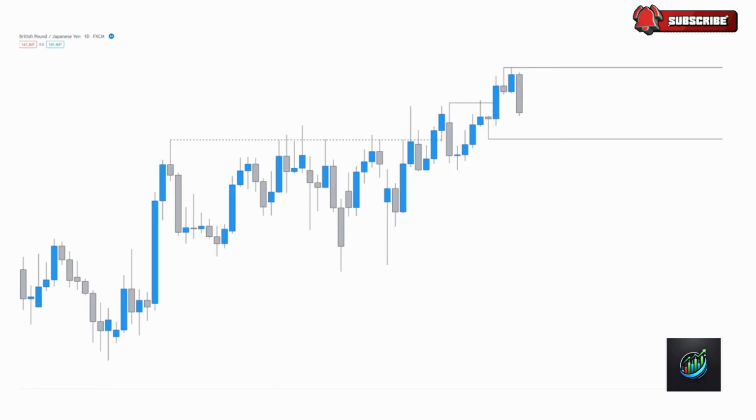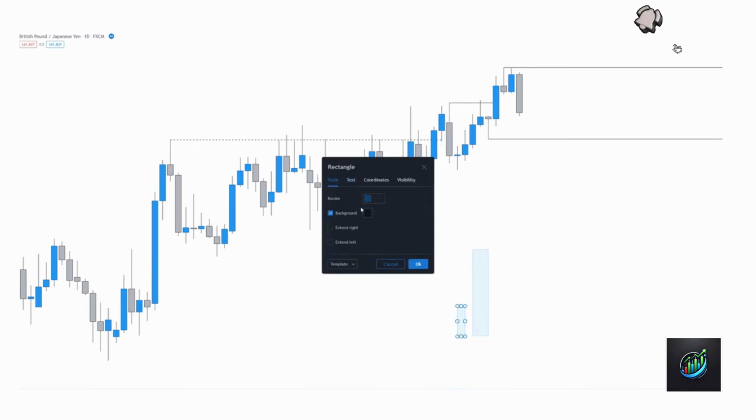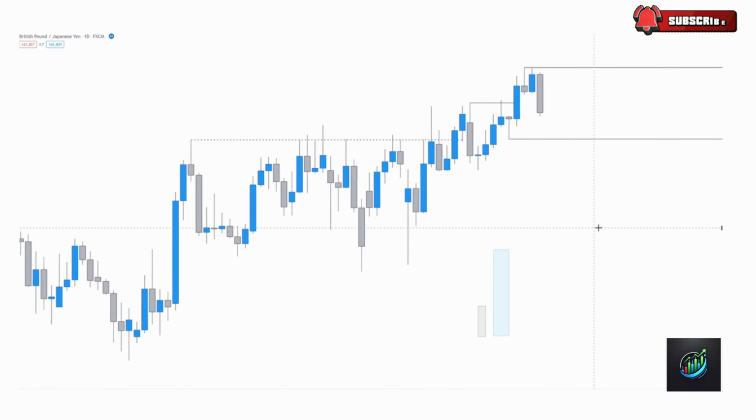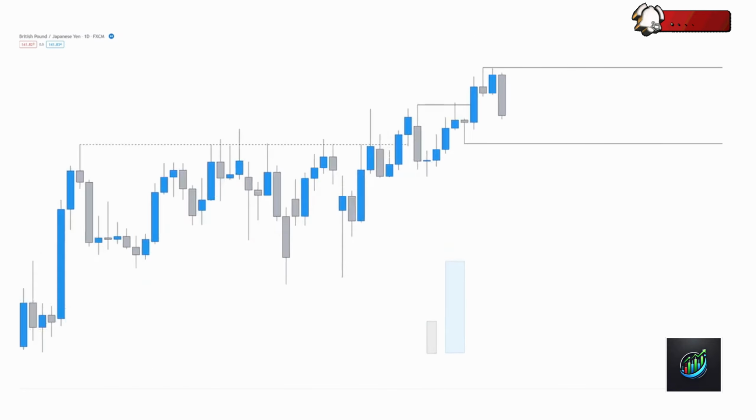So what we want to do is identify an order block. And what is an order block? An order block is, in essence, the last bearish candle before a bullish move that breaks structure, more often than not creating imbalance. Basically, it's a large order or a series of large orders being placed in the markets at a particular price. And once we get that bit of structure, so this example right here, we have a